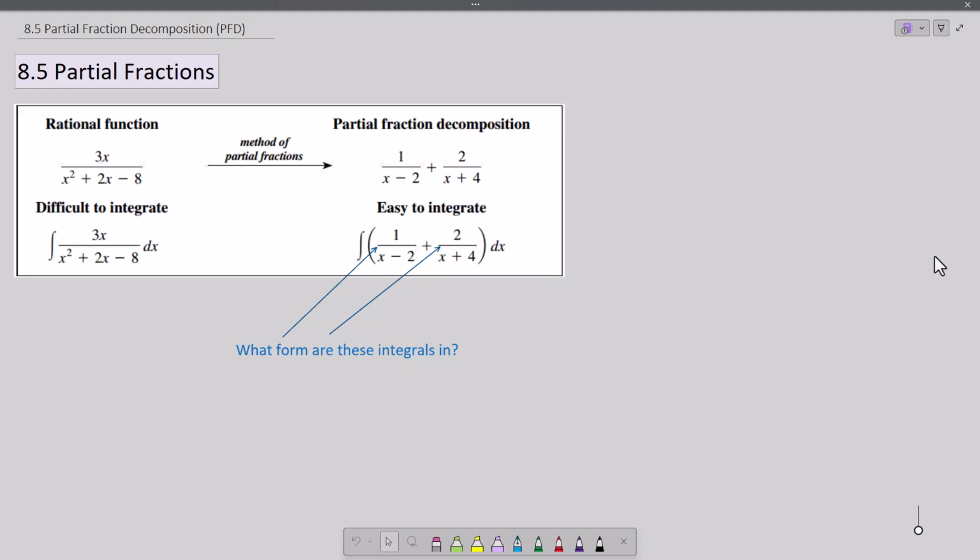You can't use substitution. You could maybe use trig substitution. This is a quadratic that's factorable, but it's not a perfect square trinomial. It factors into two distinct binomials, which we'll do in a second. You could use the completing the square method that we just did and use trigonometric substitution. That's a possibility here. But if you have a denominator that's factorable, which this denominator is, to x minus 2 and x plus 4,